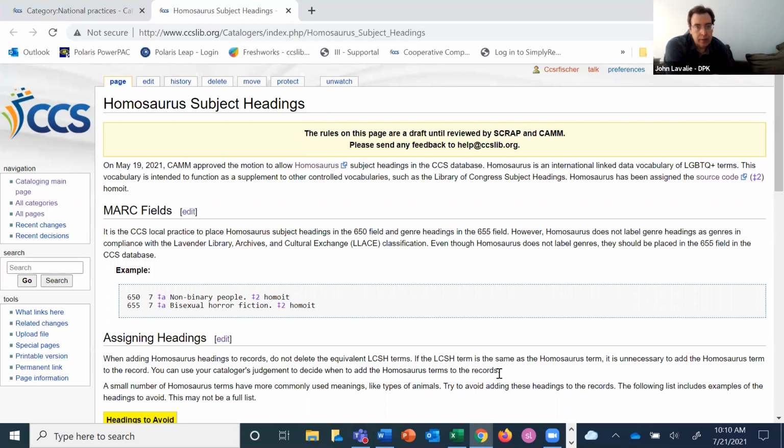Well, instead of saying don't delete LCSH, are we saying don't add Homosaurus? We're just saying not to add it only in case it's an exact duplicate of LCSH at the moment. Should we change it to if it's an exact duplicate of the concept that's already in the record? Yeah, I think so. Okay. Maybe don't say exact. So I could say if the LCSH term is the same as the Homosaurus term,